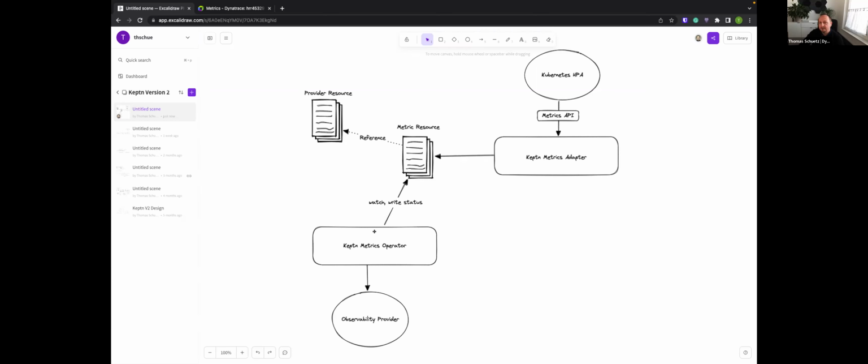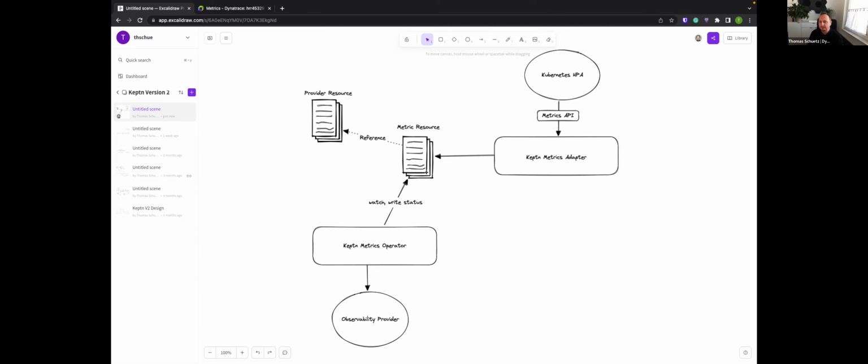This operator is responsible for, at first, watching the metrics resource, fetching the metrics from the observability provider, and